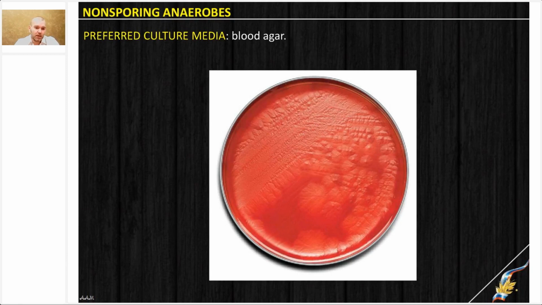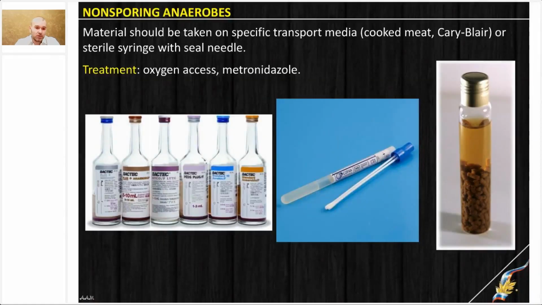And mainly, blood agar is used for identification and for cultivation of any genus and species of anaerobic bacteria, but you should keep it in a specific incubator or anaerostat to prevent contact with oxygen. So the main problematic thing is how to take a sample and not have contact with air or with environmental